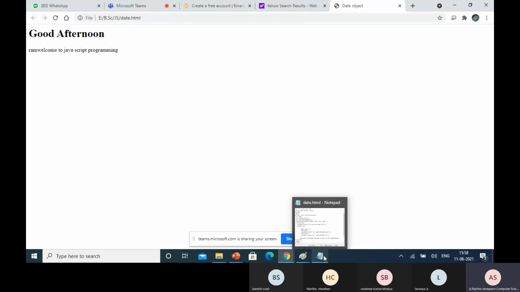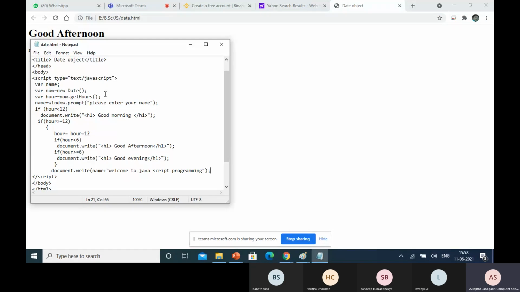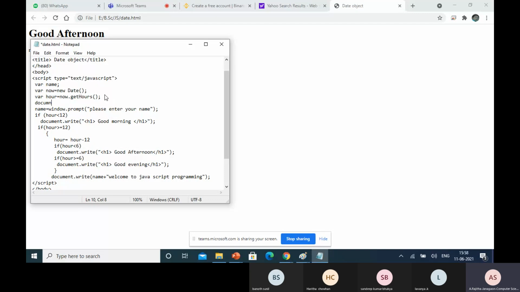Directly, you can display the current date and time with document dot write. The current date and time is in now.